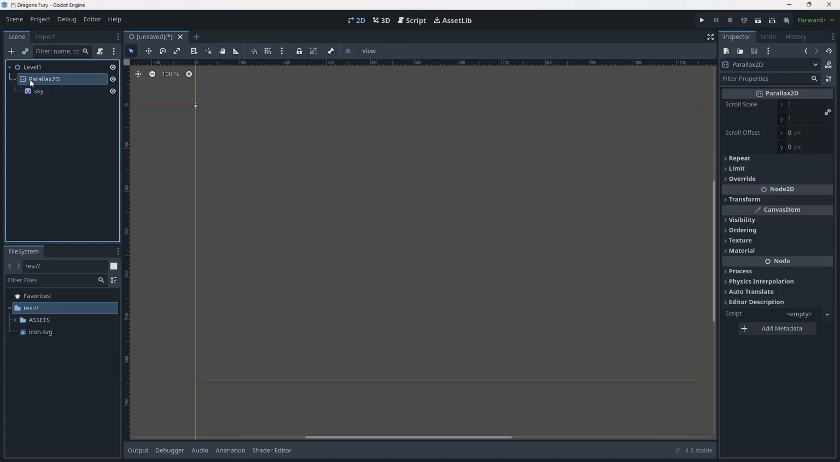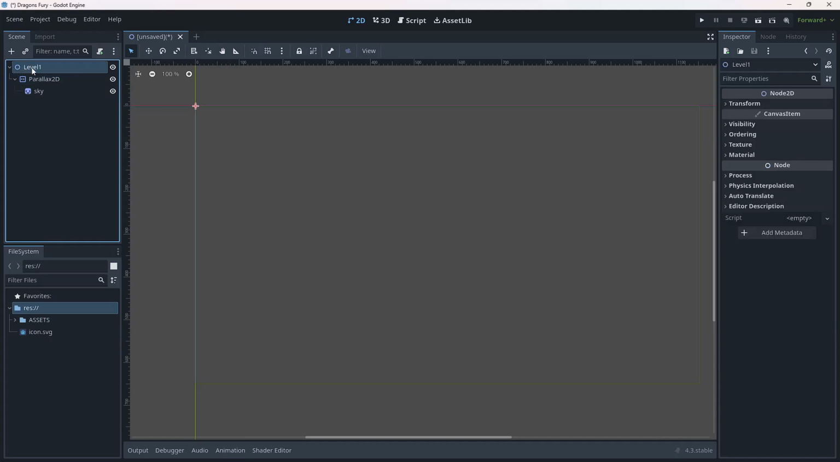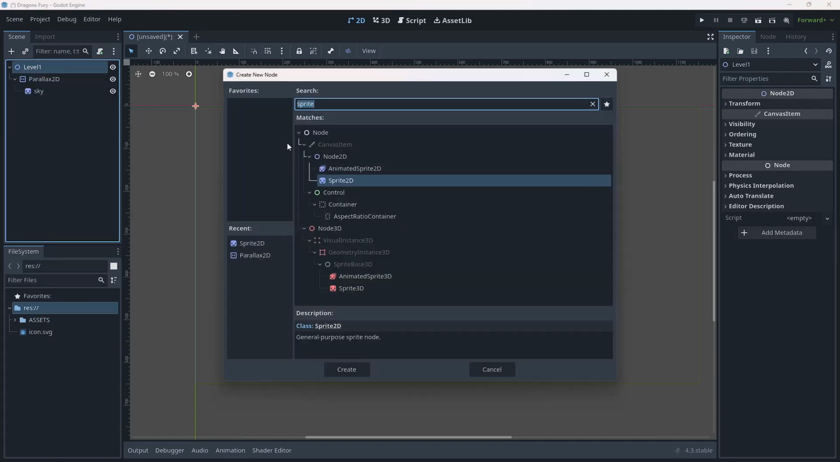Then I'm going to repeat that. And then I'm going to create a child node of the level again. I don't want it to be a child of this parallax. I want it to be a child of that. So we're going to go add child node. And we're going to, again,